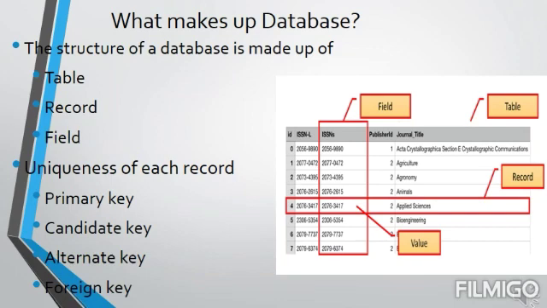Then we have a field. A field is also called a column, and contains a certain type of information in all the records. It is also called an attribute. Here, item number, item name, and item price are the fields of the table. Now, for example, the roll number is one field. The name of the student is one field. And in the field, we have different information of the particular student.